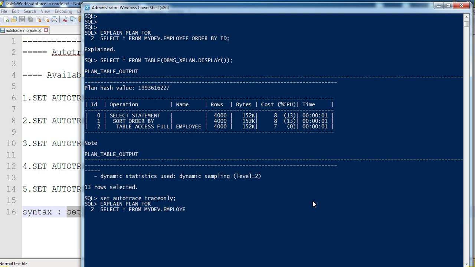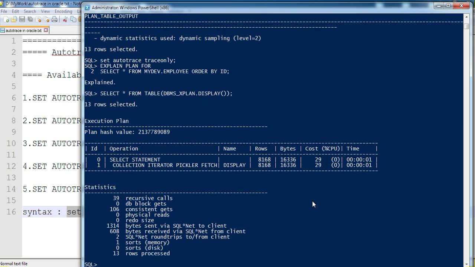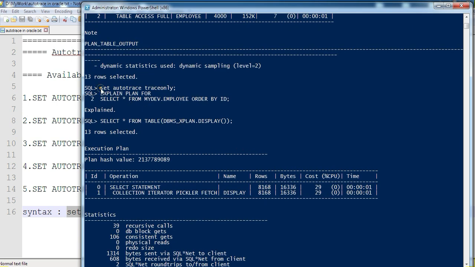IDEV.employee where order by ID. So the plan is generated. Okay. So again we have to check the output of the execution plan after we turn the AUTOTRACE property on. So let's check this output. Here, when I set AUTOTRACE trace only, it will give me